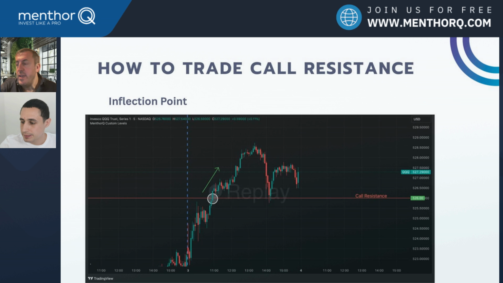The second way is looking at it as an inflection point. If the market is very strong and very bullish, a lot of investors might roll their calls to a higher strike. We saw it last week when the core resistance on SPX was at 6,000 and now it is at 6,100. So the market is strong and investors are moving higher. As a result, market makers also adjust their hedges, and if the price continues to rise towards new strikes, they may need to buy more of the underlying to stay delta neutral,